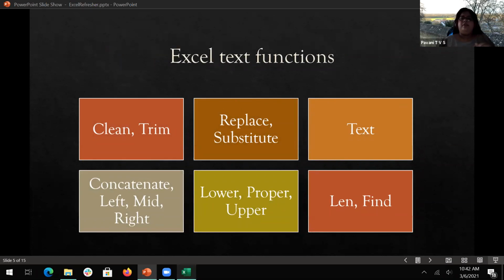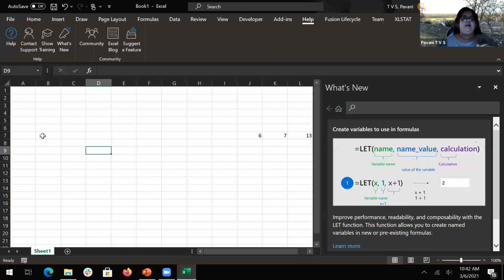For these, I am just going to use my name as an example. Say I'm giving my name with a space. Every time you get your data, it's not very clean. You might have spaces at the front or at the end. So how do you clean it?